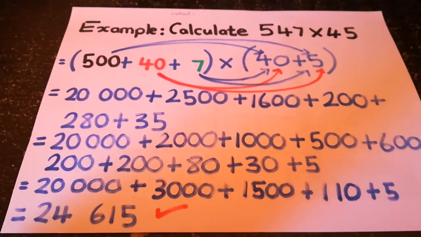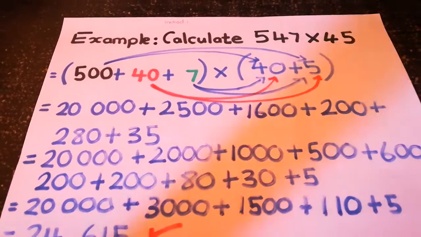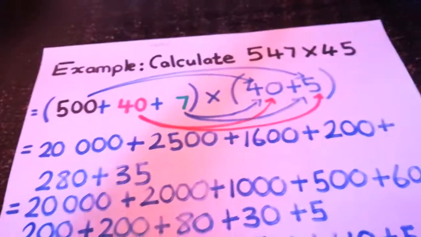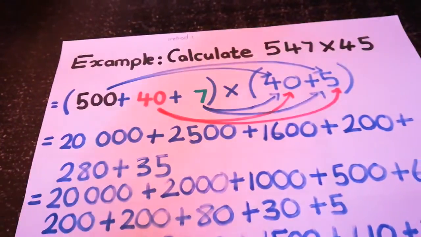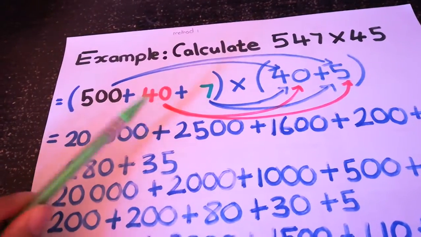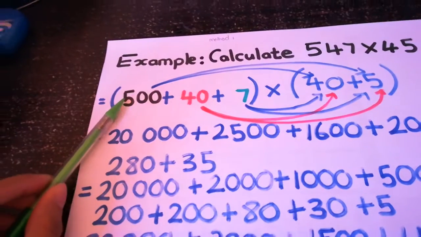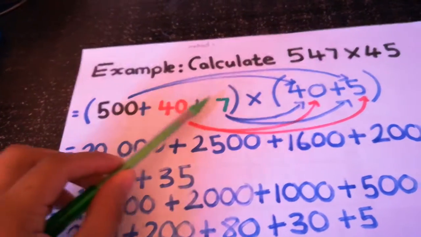Okay, grade 6s, let's look at this example. We have to calculate 547 times 45. So the first step is to break up these large numbers to make it more simple. So we have 500 plus 40 plus 7